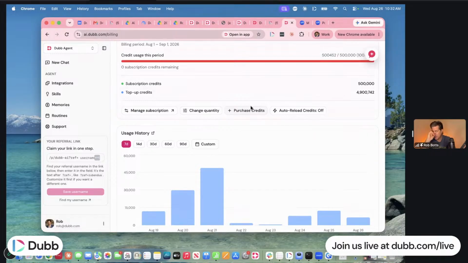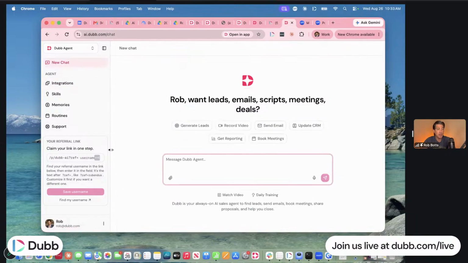Now, there are different parts of the pricing. We can throw the link in the chat for pricing, but for the $100 level and the $300 level, you're looking at some custom stuff in the $100 level, and you're also looking at basically becoming your own AI agency owner in the $300 level. Very similar to the Go High Level kind of structure. You're able to share that, and it's pretty amazing. We call it white label, but it's kind of a yellow label. It'd be like if it was John AI powered by Dubb. We'd be on the backside doing everything here for you with the support and everything that we normally do.